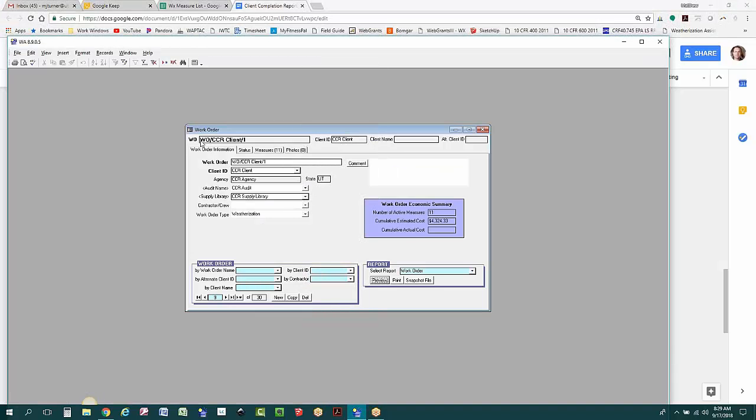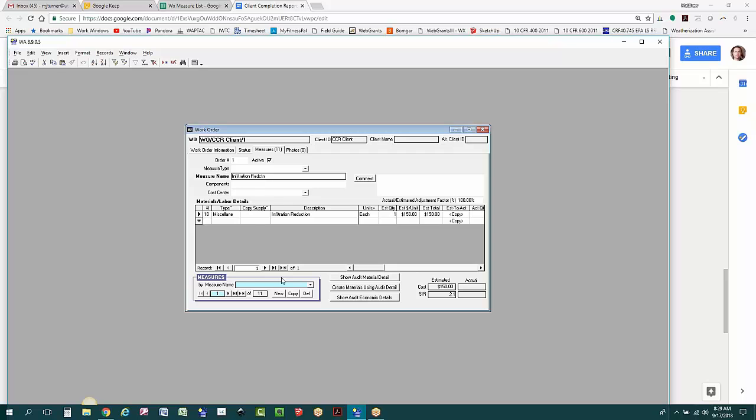So in order to get it to do that, you've got to go to the work order, go to the measure and select the tank insulation measure. Actually, I guess you don't have to do all that yet. But you want to make sure you're on the work order for that. And then what we're going to do is add a new measure to this. So right now there's 11 measures. We're going to add